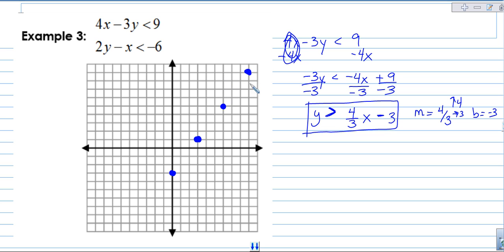Okay? And then now I have a tool that I can use to draw the line. So I'm going to utilize that. And just make sure you go through the middle of all your points. And notice how I made a dotted line because this has no equals to in it. Okay? So now for my red line,